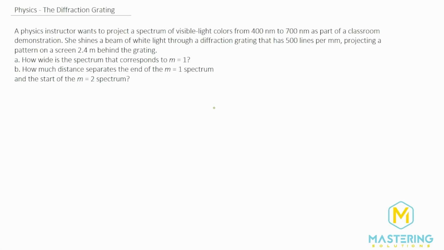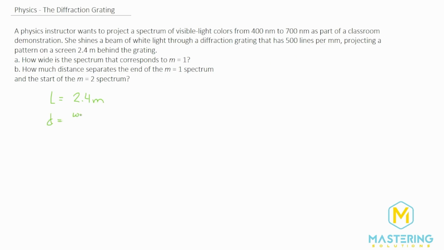Welcome to Mastering Solutions. In this problem, it's really important to stay organized. So let's first make a list of all the information that they give to us. L, or the distance from the diffraction grating to the viewing screen, they tell us is 2.4 meters behind the grating, so 2.4 meters. We are told that the diffraction grating has 500 lines per millimeter, so d is going